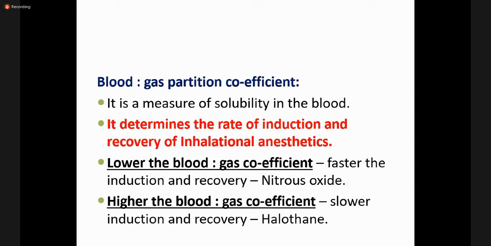Higher the blood gas partition coefficient, slower the induction and recovery. An example is halothane. We can say the induction and recovery is inversely proportional to the blood gas partition coefficient, right? Because if the blood gas partition coefficient is lower, faster the induction and recovery. And if the blood gas partition coefficient is higher, slower induction and recovery. Please don't get confused, because in the subsequent slide we have a picture from the Canton book that will further clarify this concept. Okay, because you know, in inhalational anesthetic agents, the importance of the diffusion